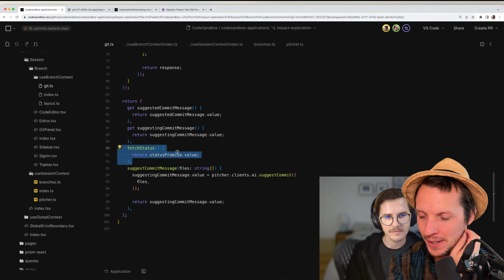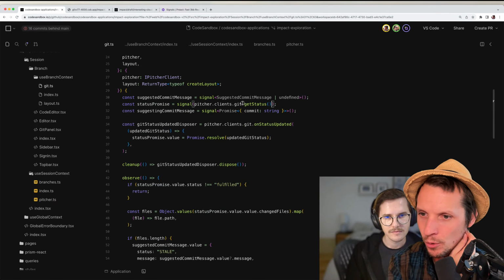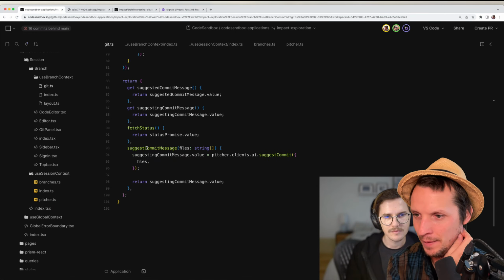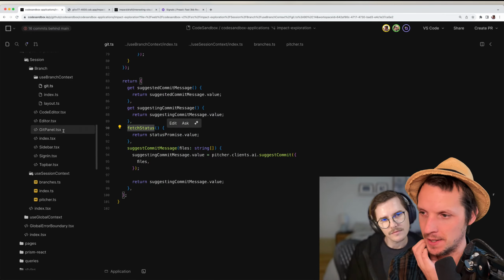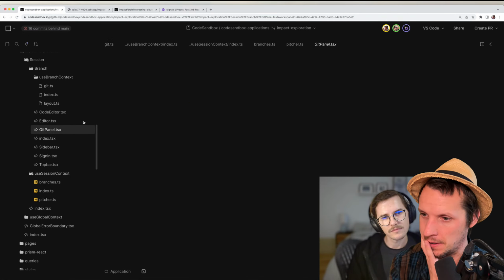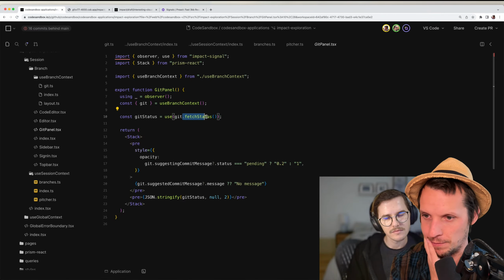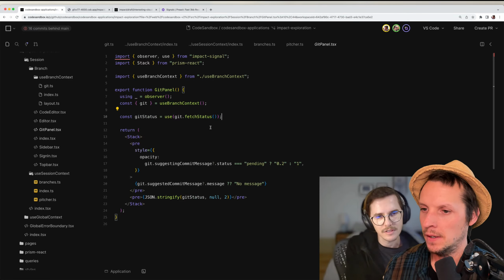What's different about our git status is that we immediately go and get the status, so it's already a pending promise. But by calling it fetch status, we make it more obvious in the component that this is a promise you're consuming. So you say use git fetch status, and then you get the git status. Yeah, that's cool.